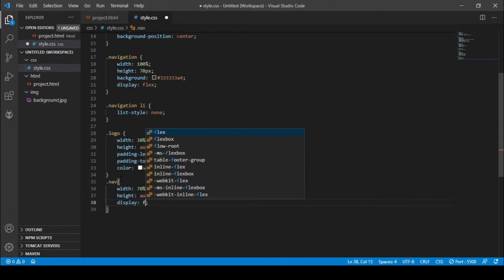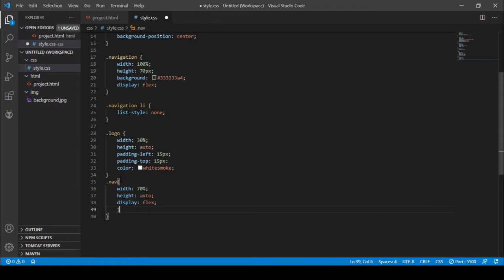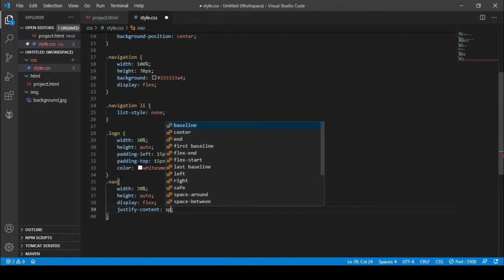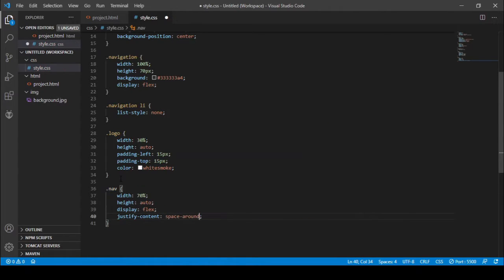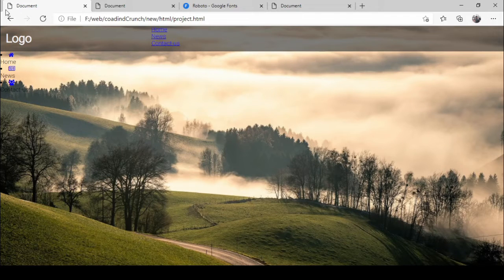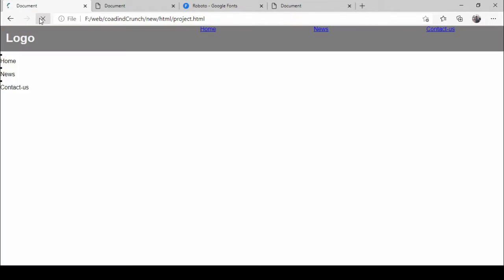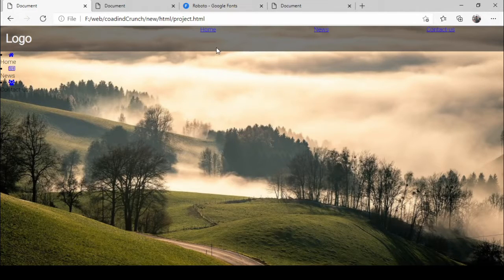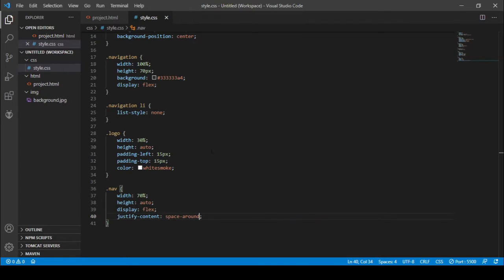Flex, and we need to give the justify content as space around. So let's save it and let's open it in a live server. Sorry, the live server is not working. Let's refresh it. So here you can see that the display flex has successfully applied for the nav class on here.